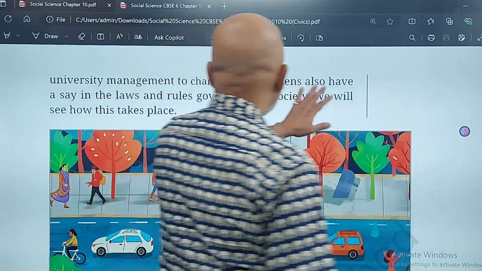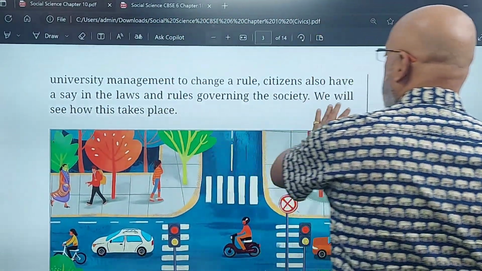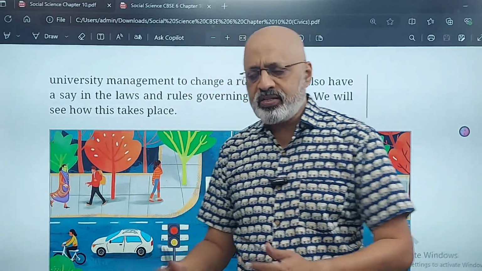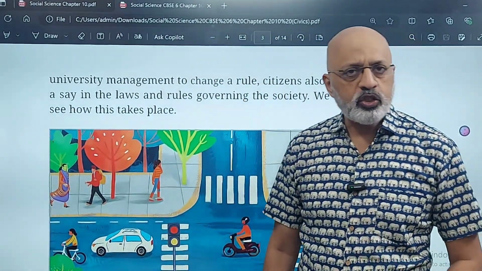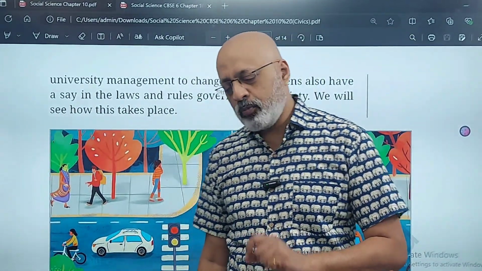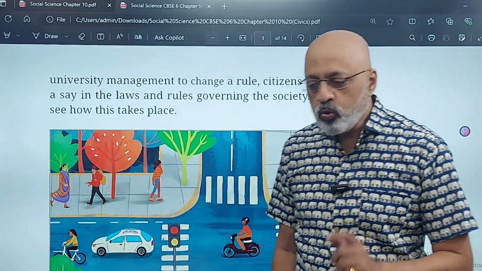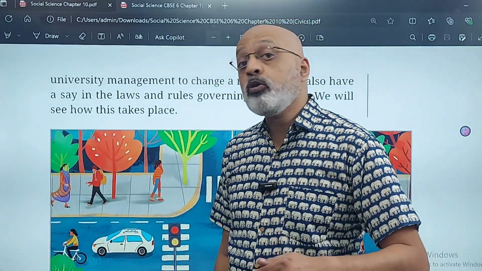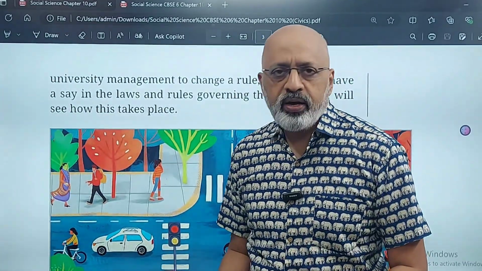Now, citizens also have a say in the laws and rules governing the society. We will see how this takes place. For example, I'll give you a recent example. अभी 2024 का जो बजट हुआ, तुमको इतना समझ में नहीं आएगा, मैं बहुत सिंपल वे से बताता हूं. उसमें क्या किया, जो प्रॉपर्टी को बेचने को लेकर यूनियन बजट में कुछ फेरबदल किए गए, उसको लेकर काफी लोगों